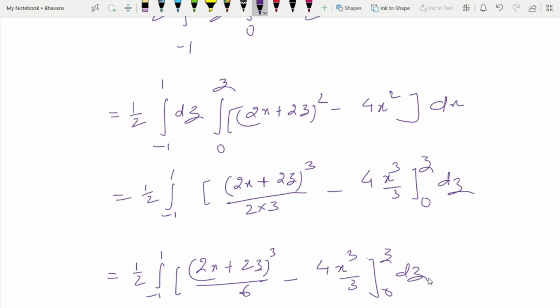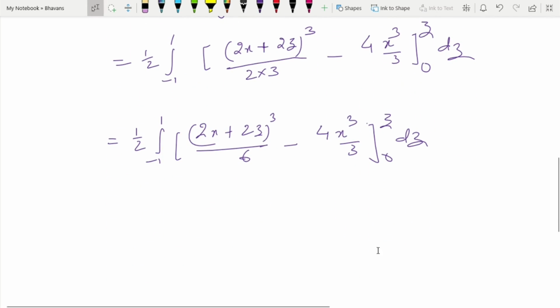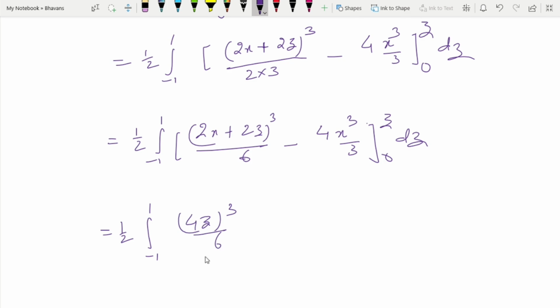So let us substitute the upper limit first. Substituting the upper limit, 2z plus 2z, so it's around 4z cube divided by 6 minus 4z cube divided by 3, and for the lower limit we have around this particular